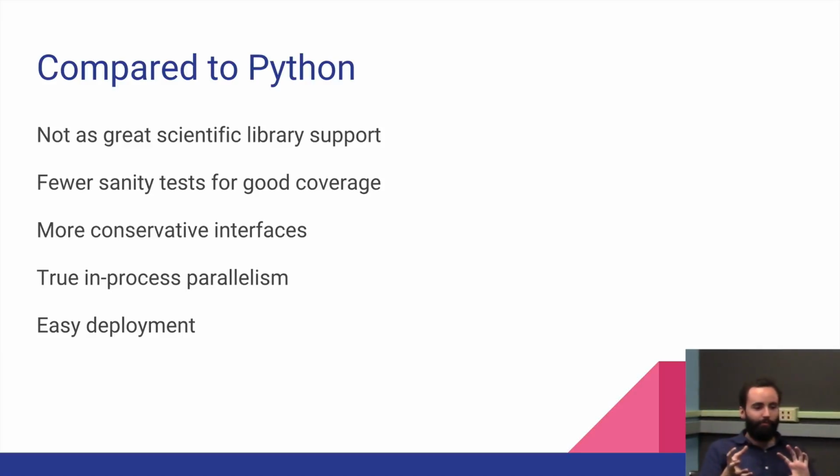F# is obviously less popular than Python, now that I'm talking about it. But Python's probably number 2 behind R for scientific programming languages, and taking the hit of using F# is a hit. I mean, some things that are in NumPy or things like that, I'm re-implementing in F#, which turns out to be trivial, most of it, but I really like, I think I mentioned the strong type things